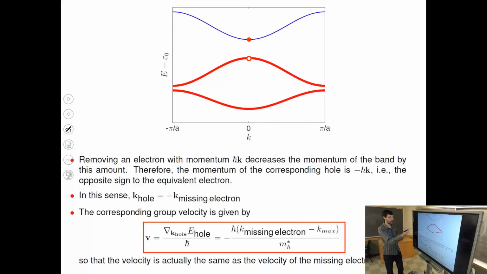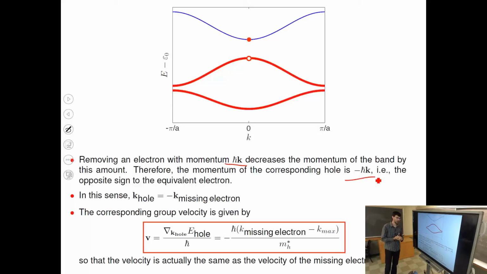So again, back to this initial experiment: when you take one electron and put it in the conduction band, it has some momentum. Now it's drawn at 0, but imagine it has some small momentum, ħk. So that momentum went into the conduction band with the electron. That means this entire valence band is now missing that much momentum. That means the momentum of the hole is minus ħk. The momentum of the hole that occurred in this scenario is minus ħk.